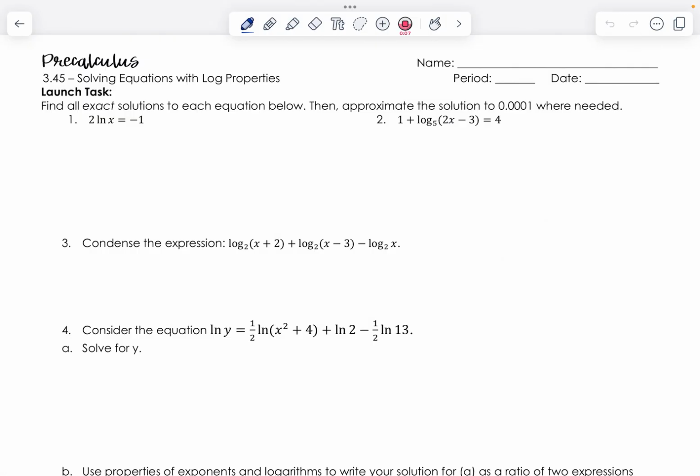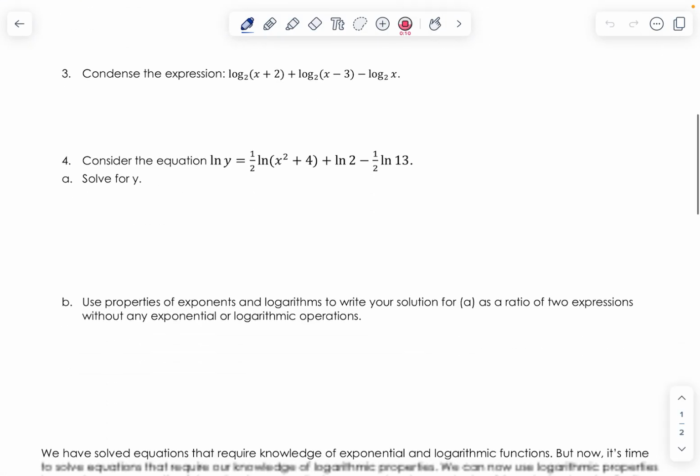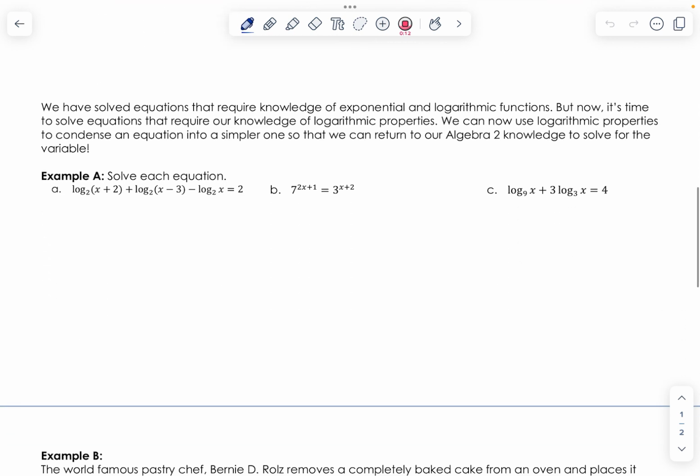All right, so today we're going to be solving equations that use log properties. So remember that when you solve a logarithmic equation, you do need to consider the domain. All right, so in example A, the first thing I'm going to do, and I'm going to do this nice